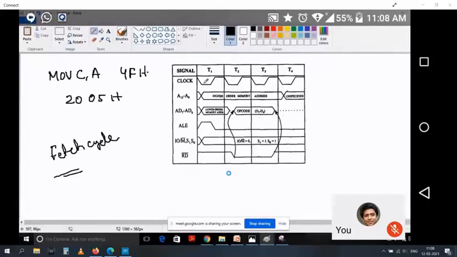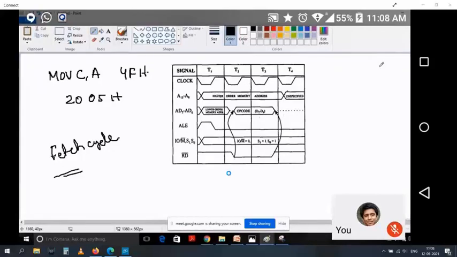My clock is going. We have generated a clock using the crystals. Now there is a clock, and the clock will tell me what is to be done. We had X1, X2, where we connected the crystal or the RC 3 megahertz signal. Now we have generated a clock. I know when it is going high and when it is going low.